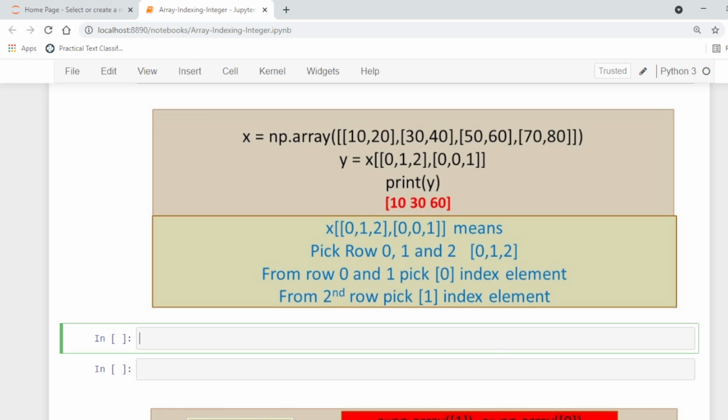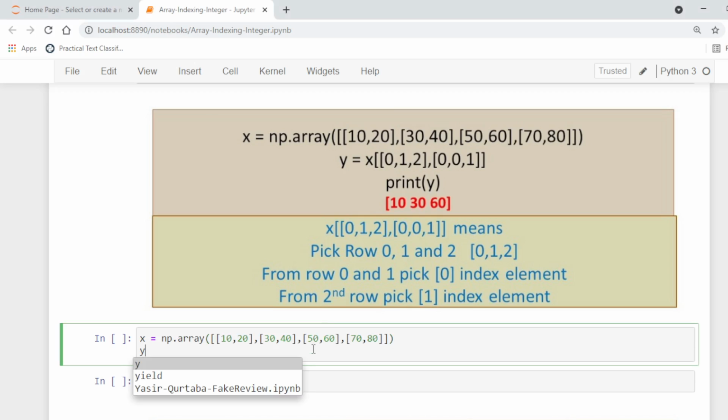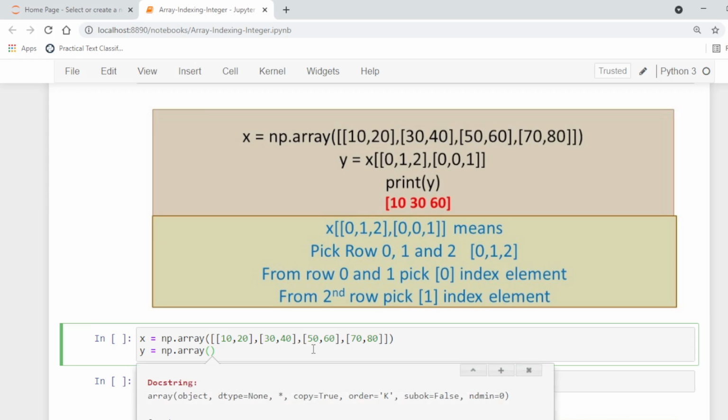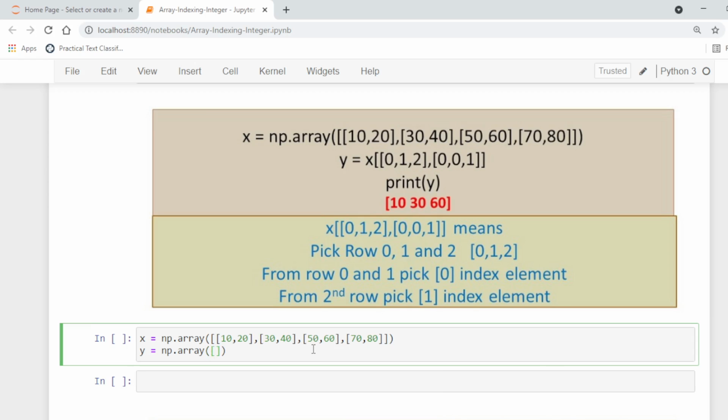So here is an example. For example, we have an array. This is our array. Now we want to specify the indices with np.array: 0, 1, 2.